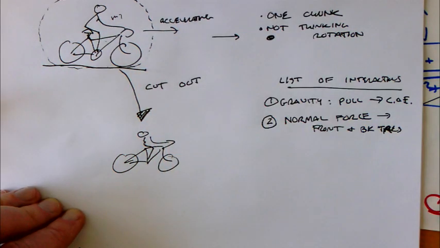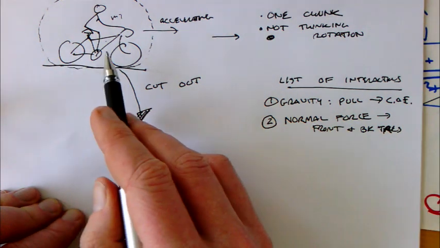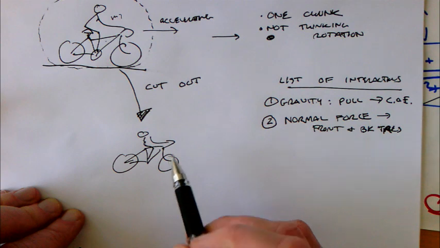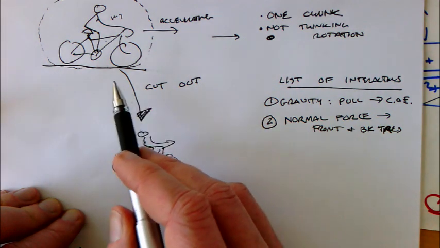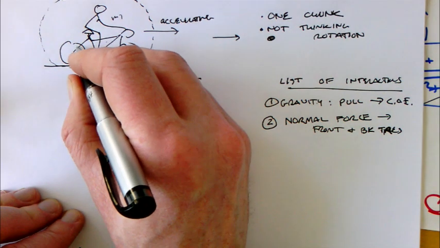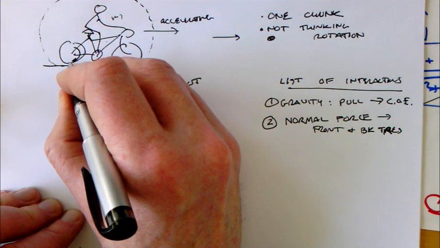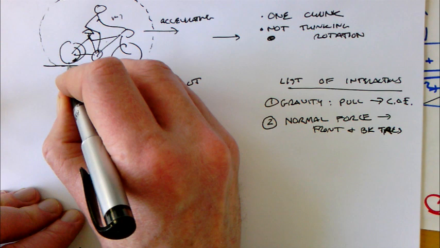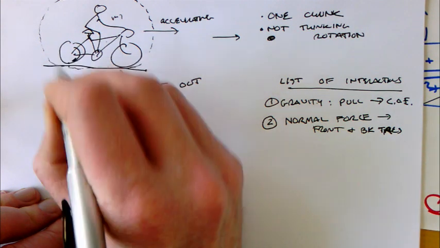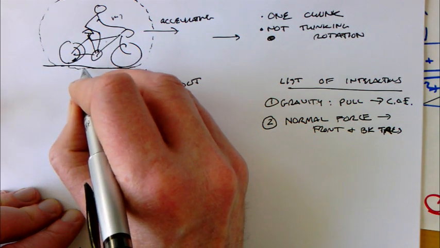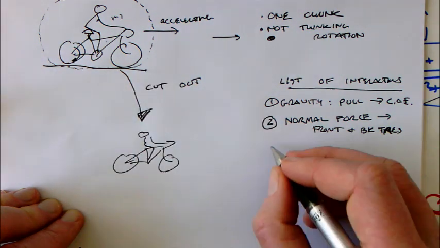Well, what does that mean? That means there's got to be some force that's pushing them forward. And if you think about what that's actually got to be due to, what's happening is the bicyclist is turning this rear wheel and pushing it against the ground. There's a frictional interaction between the ground and the wheel, so the wheel pushes against the ground that way, the ground pushes back against the wheel this way, so there's a frictional force